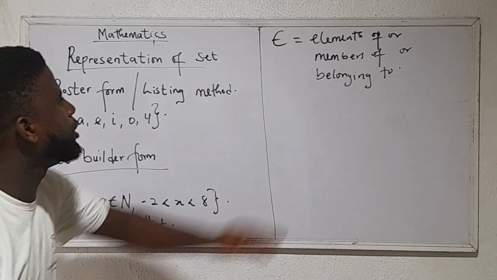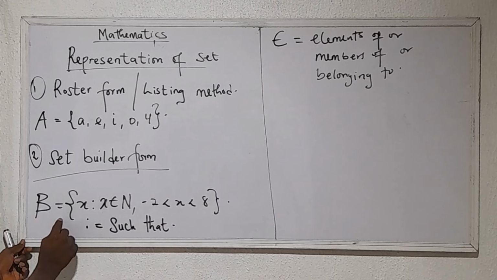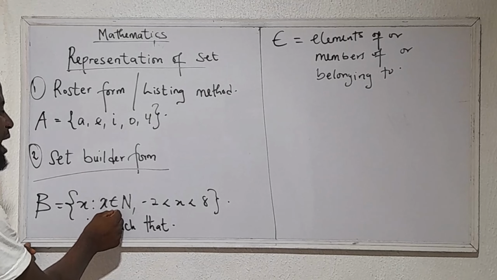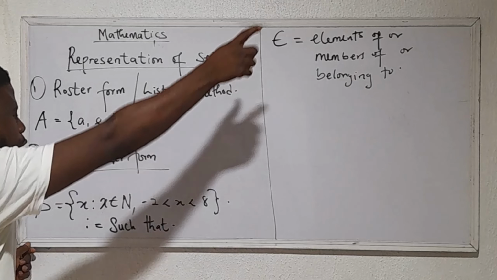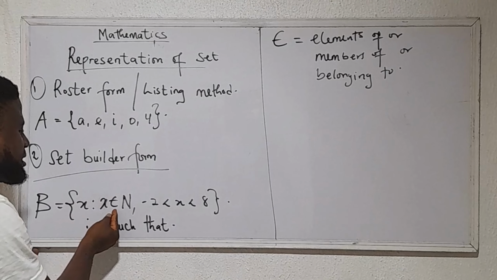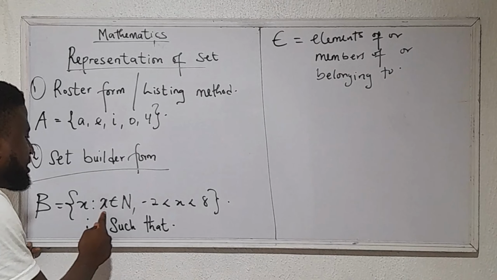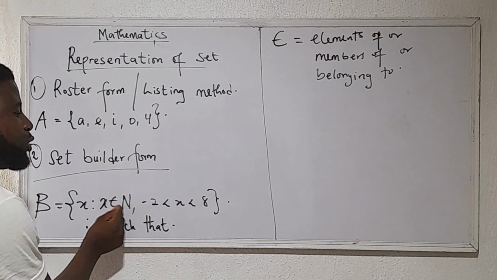So you can use any of these words to say B is equal to the set of all x such that x is an element of the set of natural numbers, or you can say x is a member of the set of natural numbers, or you can as well say x is belonging to the set of natural numbers,